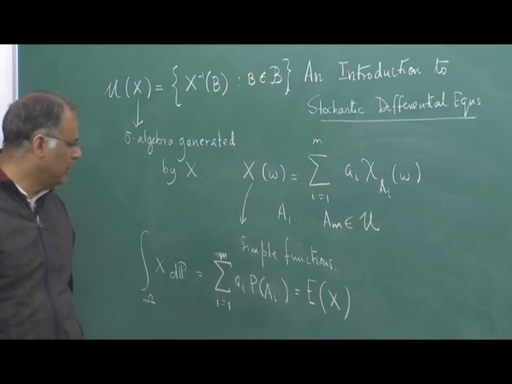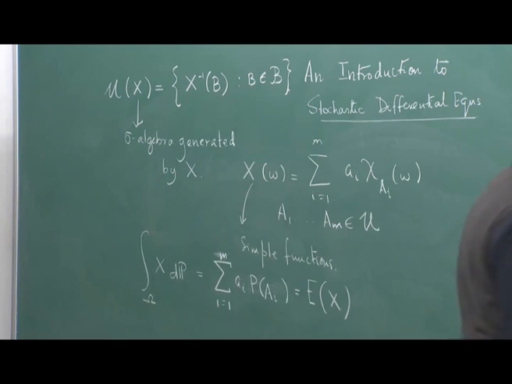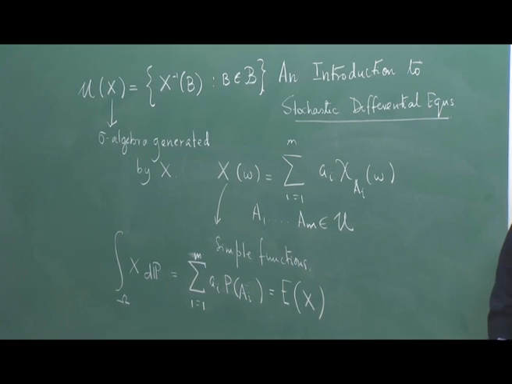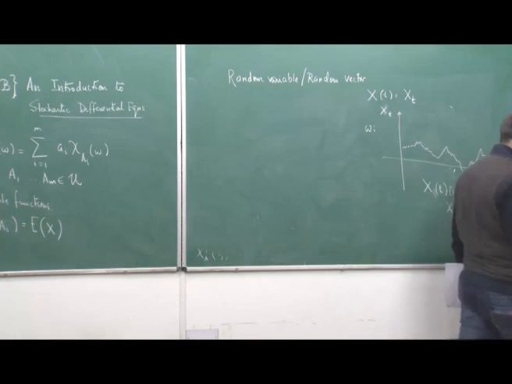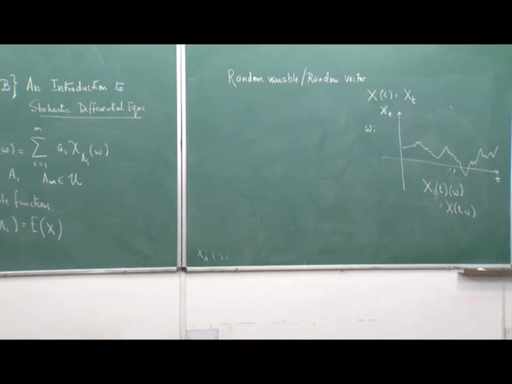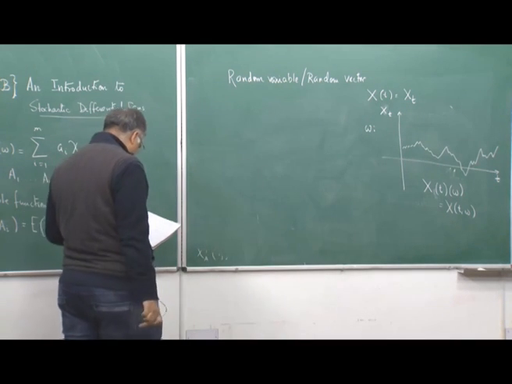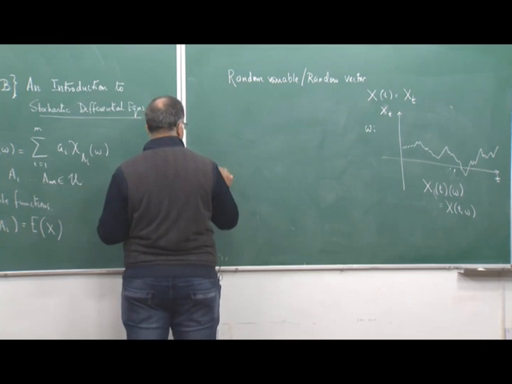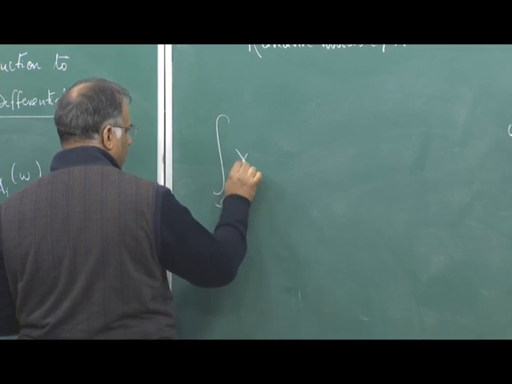But how do I define this when it comes to an arbitrary random variable and not just a simple function? We define this by using the simple function. This is the way the Lebesgue integral is defined. I would ask you to really look this up, because we said in the beginning that we need some mathematical maturity to do this course, but it does not matter, you can still follow by looking at what I am writing. If you have any random variable, then the integral